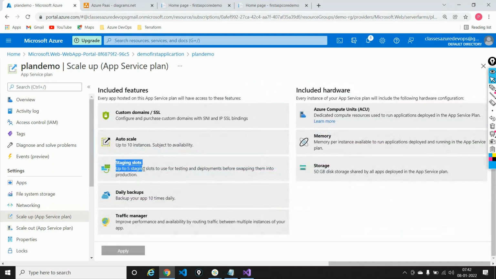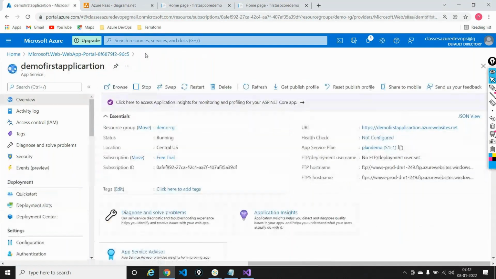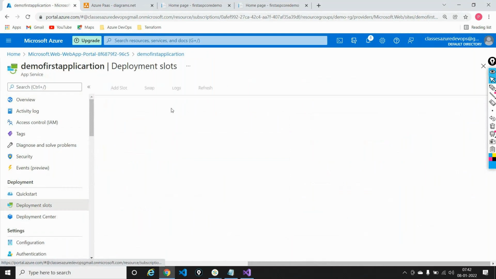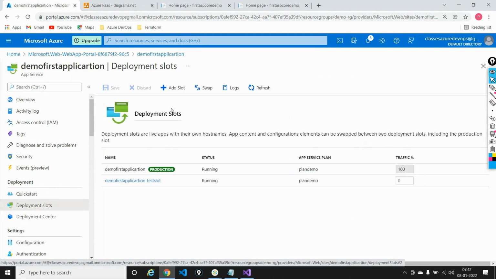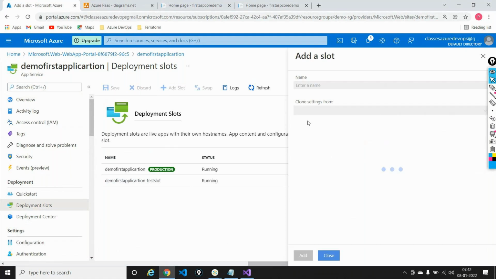Using this logic, I can go ahead and add another slot, say test slot 2, and I can also add test slot 3, 4, 5. So I can have a maximum of 5, including the production. So I can have test slot 2, 3, 4, a test slot, and a production slot. In that way, I have multiple slots out here.